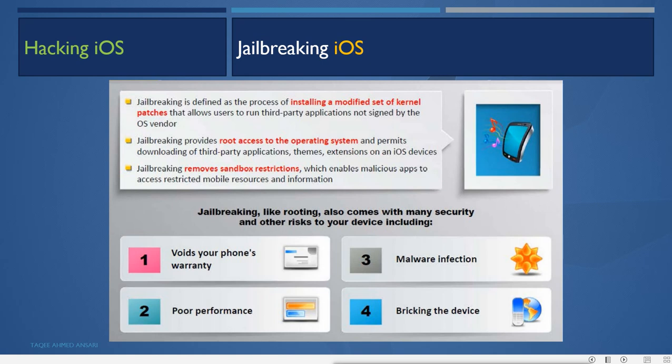Same as Android, the iOS operating system also uses sandboxing. That means it uses a sandbox to secure the operating system from the applications we install. Whatever application we install, whether on Android or iOS, runs under the sandbox and is only provided the resources needed to run that application.